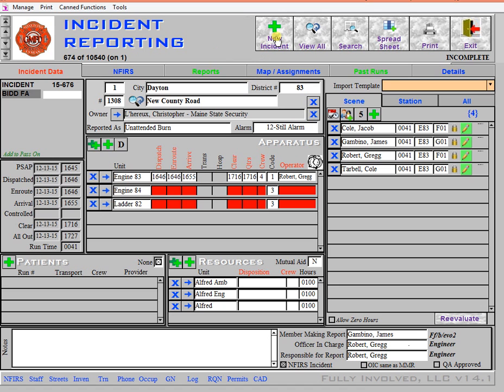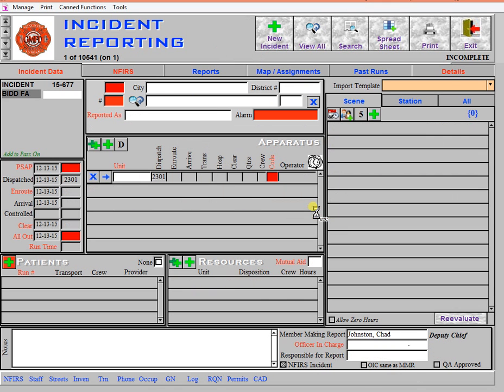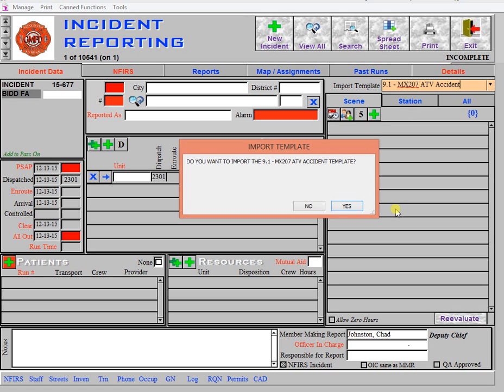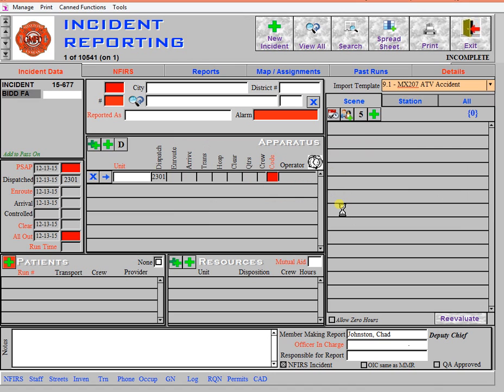So what we'll do is create a new incident just for testing purposes, and I'm not going to add anybody to it. I'm going to go right to my template, and I'm going to say that we went on an ATV accident up to MX207, which is just a regular call that we go on quite a bit. It's going to ask me, do I want to import the template? I'm going to say yes, and now you guys are going to see it within a timely fashion